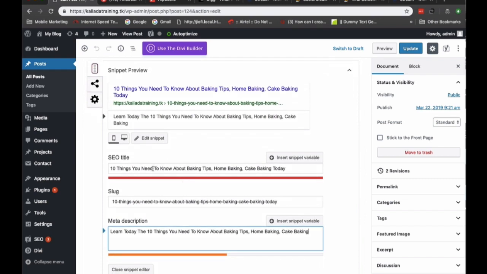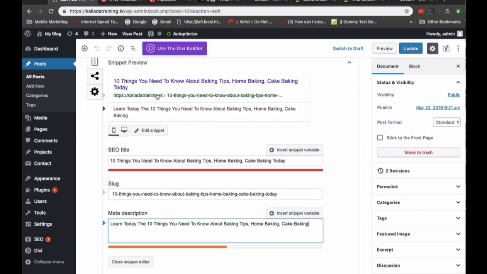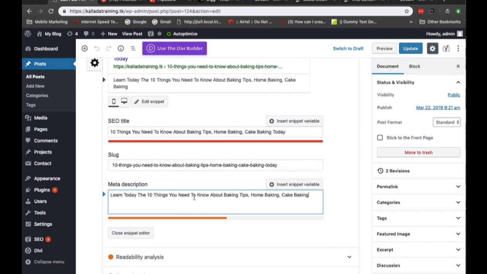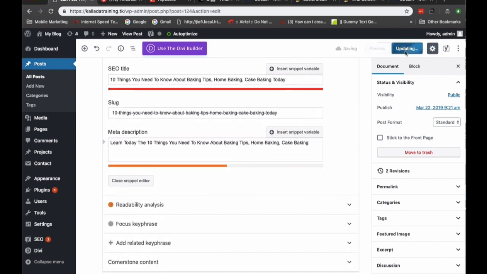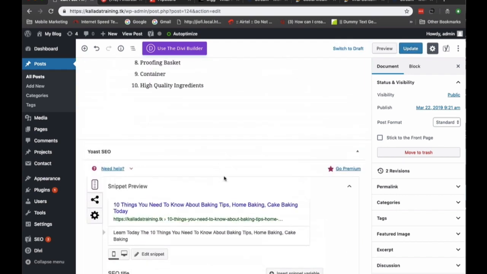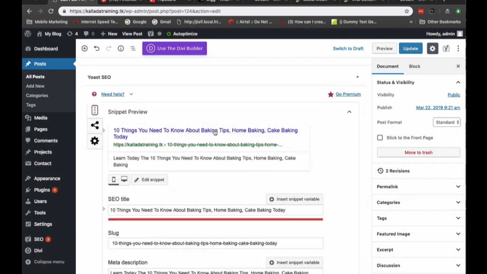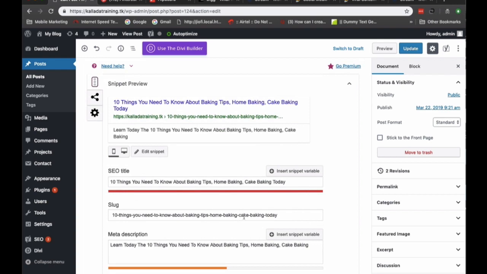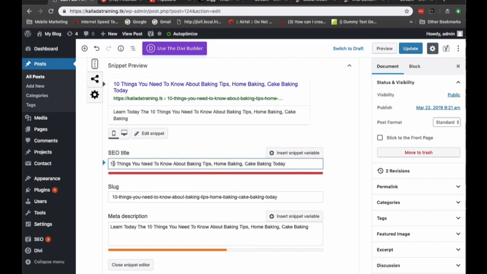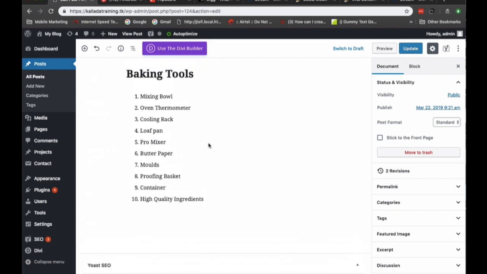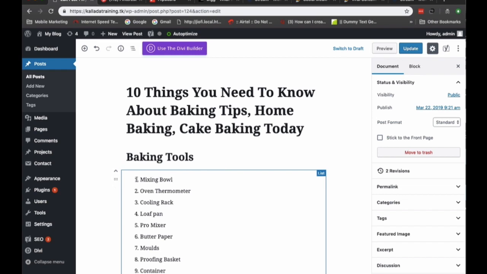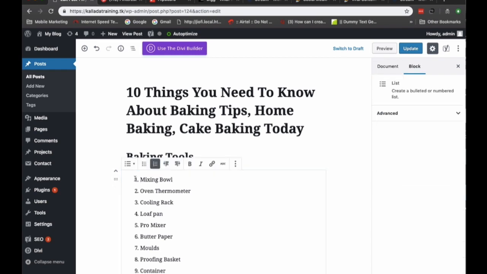So as you can see, I've changed the SEO title, and I've also changed the meta description, and if I click update, this gets saved. So this is the first and foremost thing for every post you need to do. You need to go and add the meta description and the title. Also, if it is essential, you can change the URL, but everything looks to be in sync, so I'm going to leave it as such. Now just for the demo purpose, I'm going to add here an image,